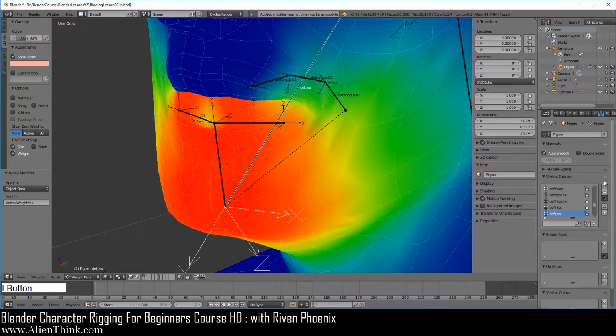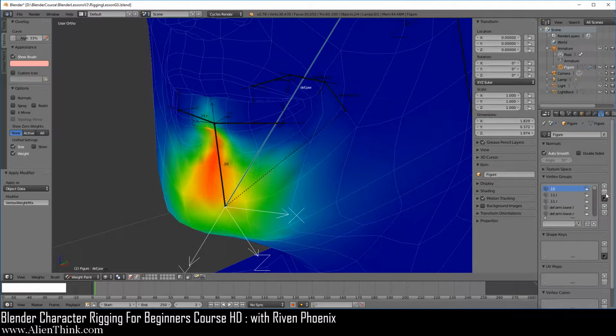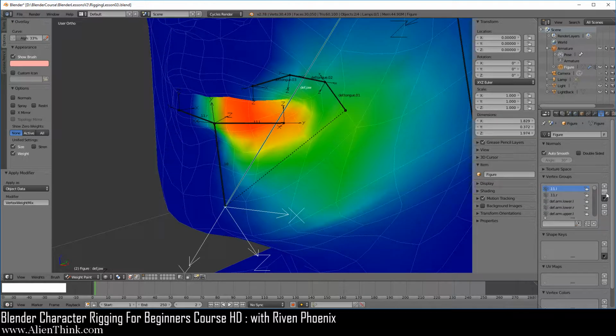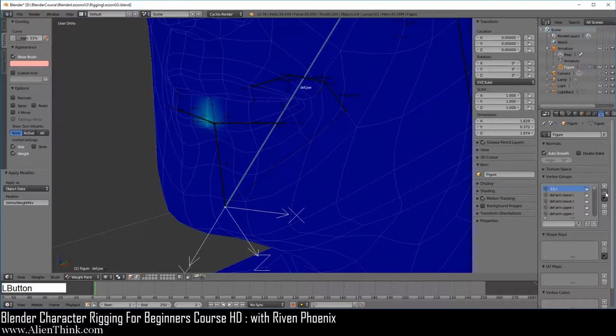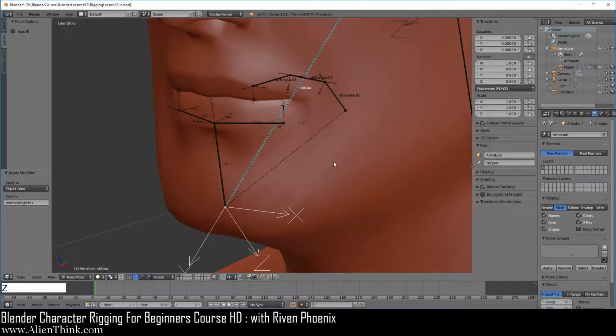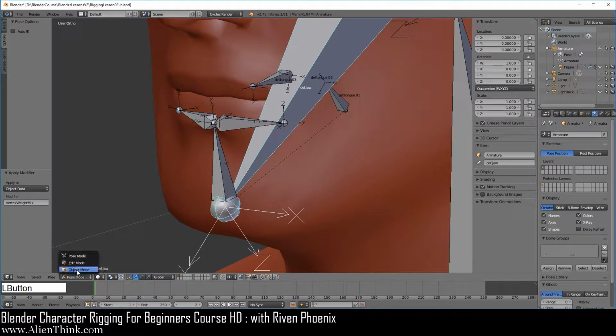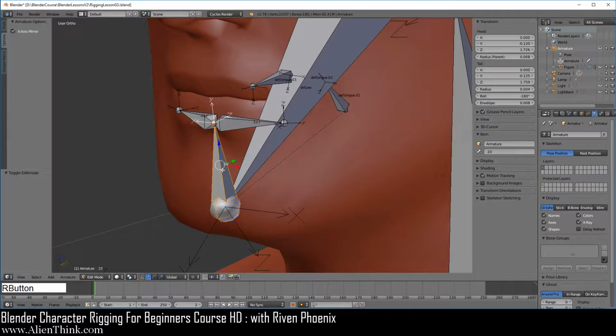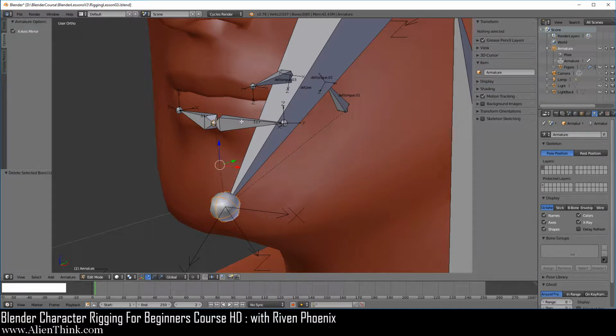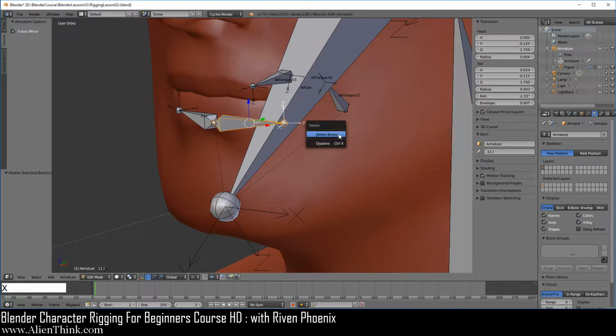Now here you want to be very careful, go all the way up, make sure that there's nothing typed in here. We want to now just delete these final 3 vertex groups. Do this very slowly, minus, minus, and then minus. Okay, now what we want to do is click on the armature, press the Z key to go into solid view. Here I'm just going to switch back to octahedral. Go ahead and click on edit, go ahead and click on this bone, press X, and I'm going to click on delete bones.